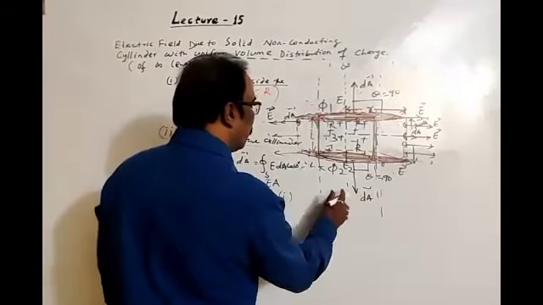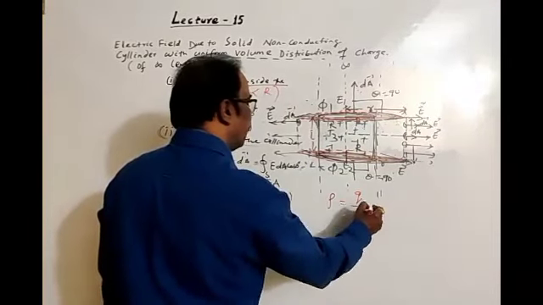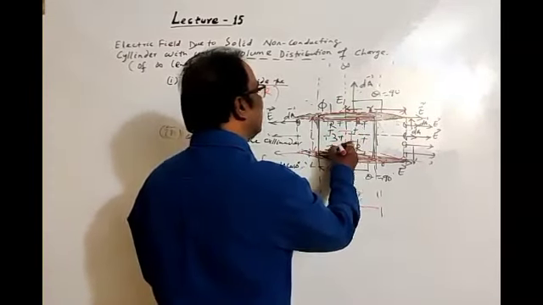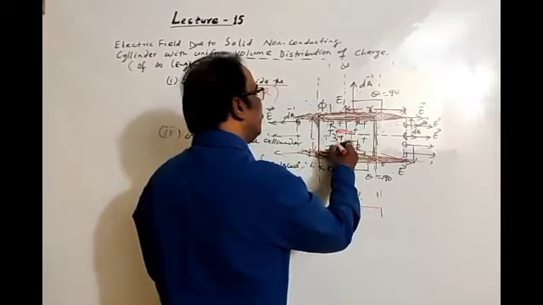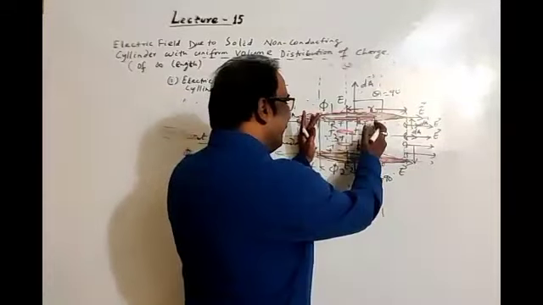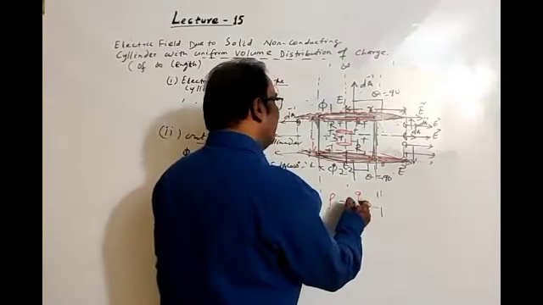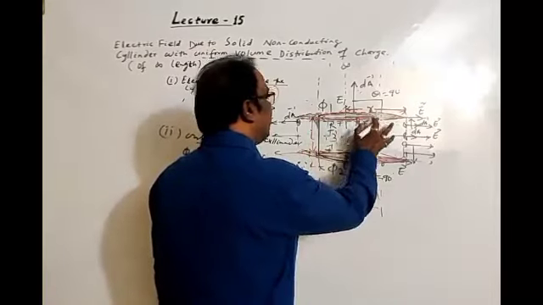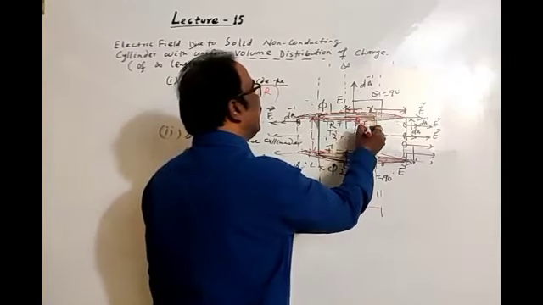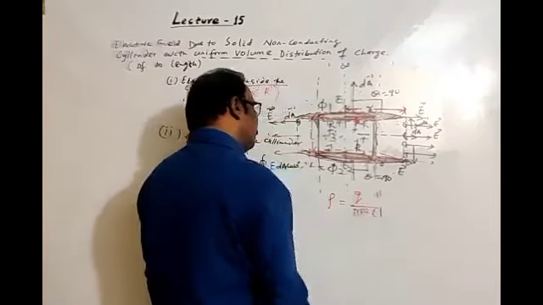As we have taken, rho is the uniform volume charge density, meaning charge per unit volume. See students, when we take a Gaussian surface inside the cylinder, the amount of charge in this cylindrical region is less as compared to the whole cylinder of radius capital R. Then the volume is pi r square into L.